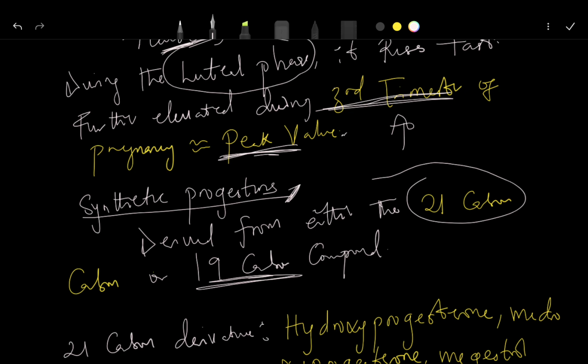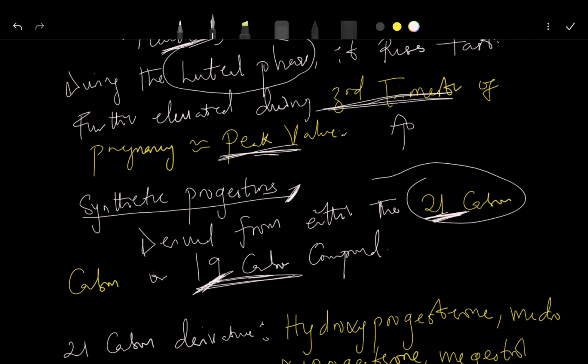Okay, so now these synthetic progestins, it means that they are synthesized from progesterone, right? They are in a way manufactured to look like progesterone. Now, if you manufacture from a 19 carbon, it will look more closely like the natural progestin, which is progesterone. What am I trying to say? I'm trying to say that the 21 carbon molecule is more closely related to progesterone as compared to the 19